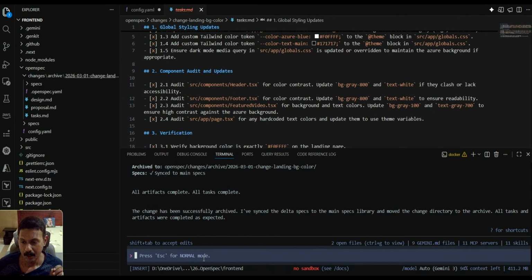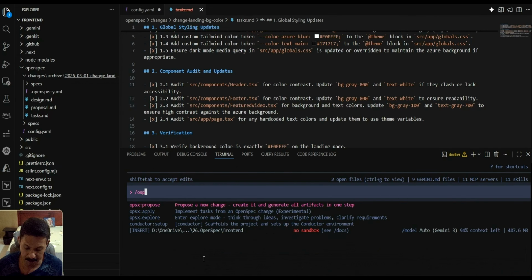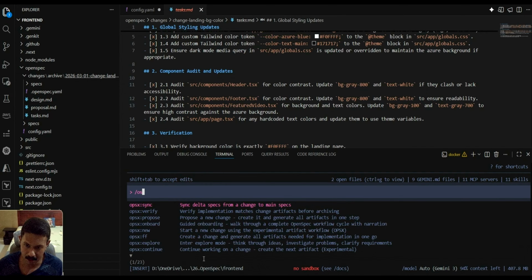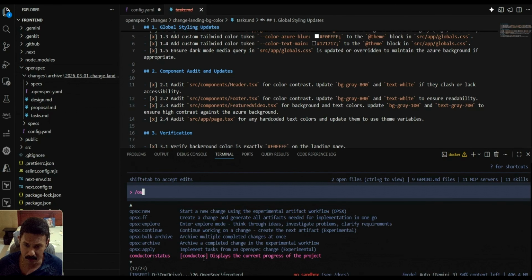Okay, they also have a feature where you can see the OpenSpec dashboard, and I believe it is OSPX. Again, if I type the whole OSPX, it just shows very limited options. So just type /OS. It will bring in all the options there. And I think if you wanted, you could do verify by the way, you could do sync. That's not what I'm interested in. So I'll just do